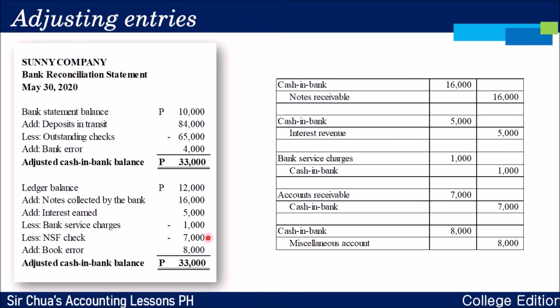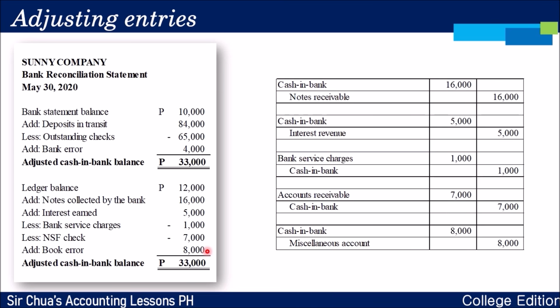Okay? So, since hindi pa po siya madederecho sa iyo as cash, de-debit po natin siya muna temporarily as accounts receivable. Okay? Credit, cash in bank. Tapos, baliktarin nyo lang po yung entry na to pag na-receive na yung 7,000. Ganun lang. Okay? And then, yung book error po natin na 8,000, so idadagdag po natin yan kasi we were